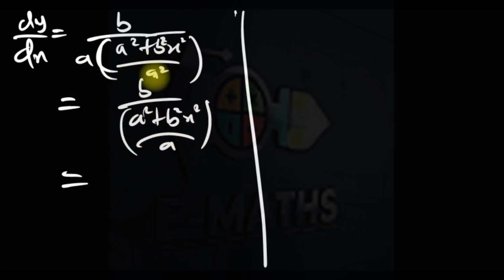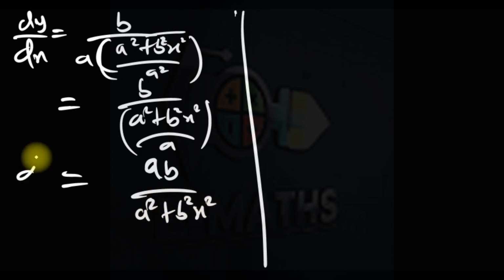I know this is this divided by that, so which is now ab over a squared plus b squared x squared. So that's our derivative of arctan of